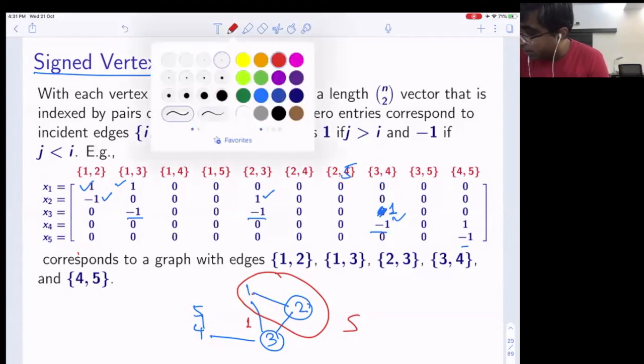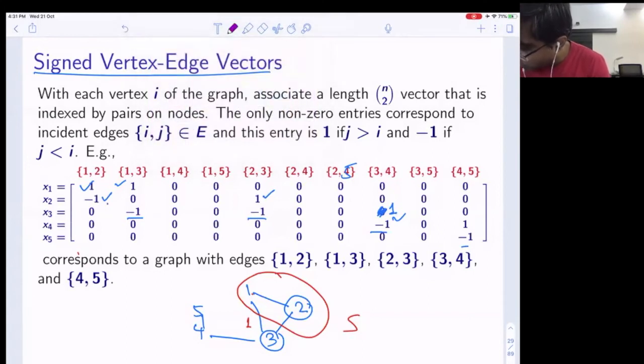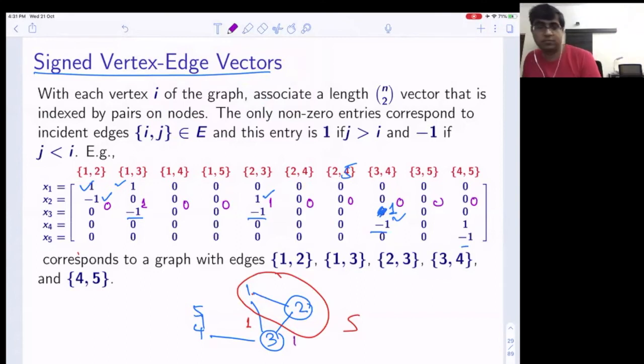Let's say I'm going to get here. Okay, this is going to be 0. This is going to be 1, 0, 0, 1, 0, 0, 0, 0, 0, right? Which makes sense. This is like 1 comma 3 edge appears as 1, 2 comma 3 edge appears as 1, right? So if you sum up the corresponding vectors, edges which are inside will cancel out each other, and what will be remaining, the non-zero entries of the sum of these two vectors, will precisely correspond to those edges which are crossing. Is that clear?